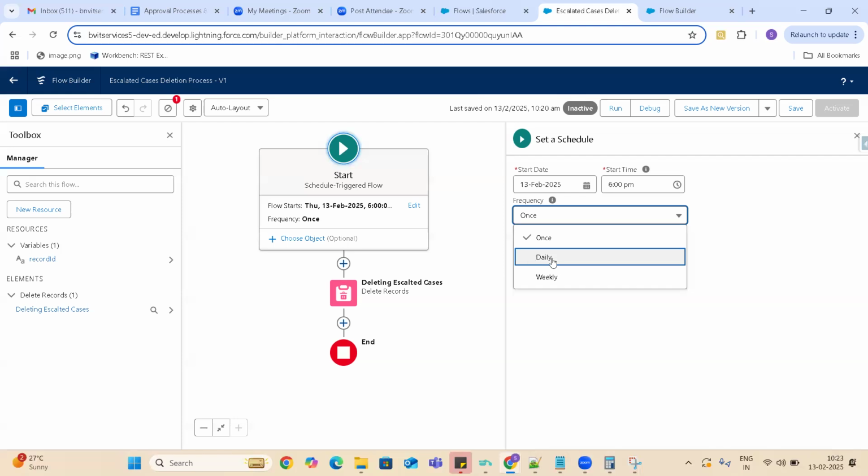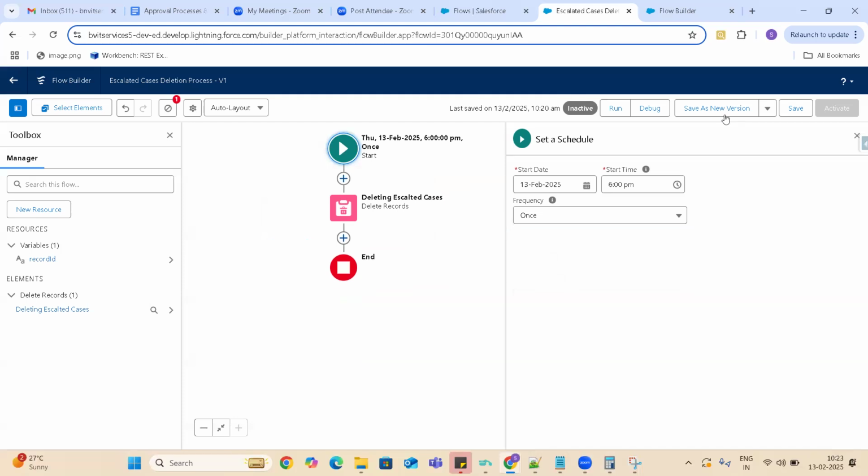Depending on different scenarios, we will select the frequency. So save and activate. Okay. So at 6 p.m. this flow will run automatically, query all the escalated cases from before June 2024, and then delete them.